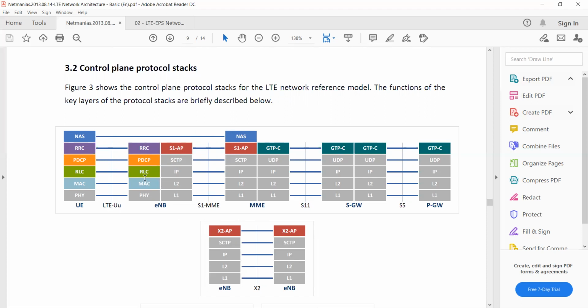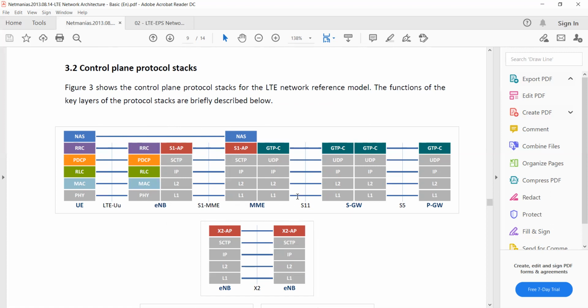For UE testing, there is no need to draw the MME stack here. Just this one, UE and eNode B, is enough. And you can separately draw the eNode B to MME internal stack. How eNode B is interacting, which layers are responsible for which, we will see. But which layer is communicating with which at the eNode B side and MME side, you can draw this diagram, eNode B to MME. So this one is the first part, and after that eNode B to MME is the second part.